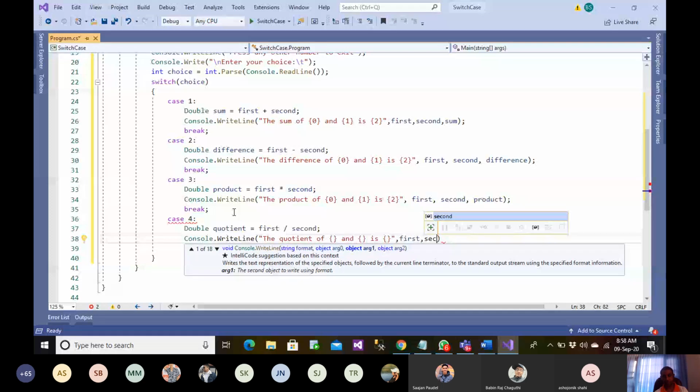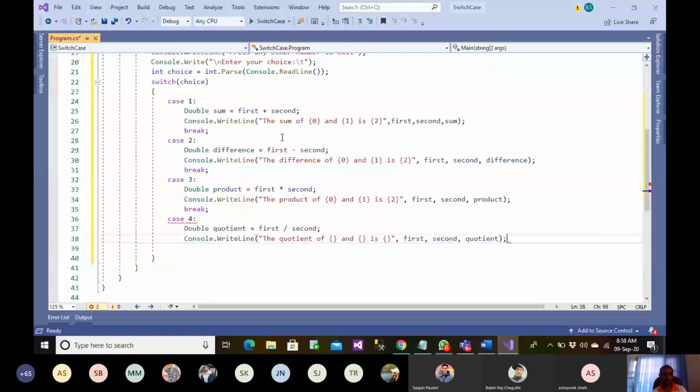First, second, and quotient. This is 0, 1, and this is 2. All right, now we did it. We break. Default here. For default, I just want to break and do nothing, just come out of it.